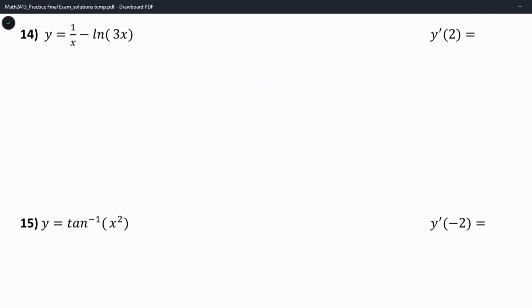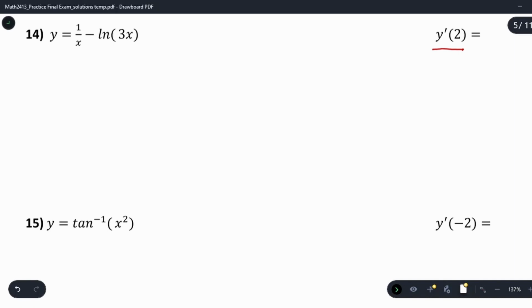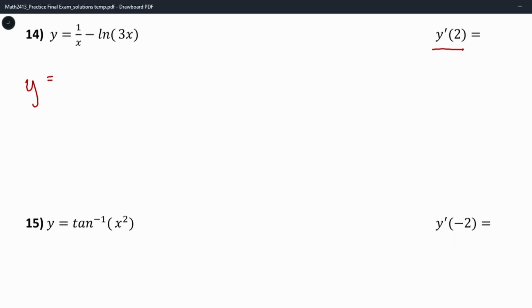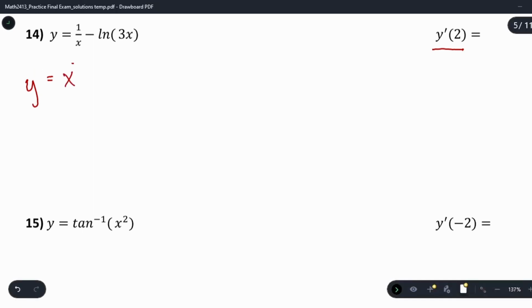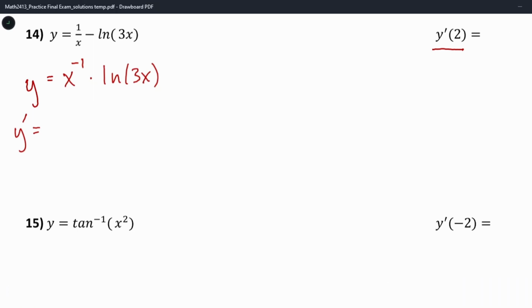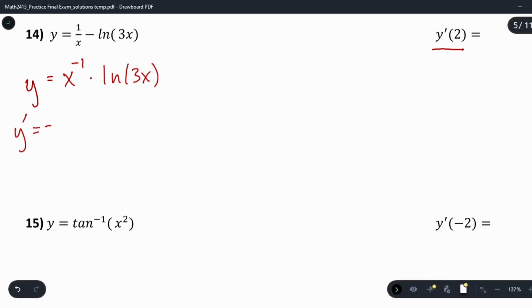Next, number 14, we need to find the derivative evaluated at 2. The derivative of 1 over x times natural log of 3x, what we should do first is rewrite that as x to the negative 1 times natural log of 3x, and that'll make it a lot easier to take the derivative using the power rule. So now we can say the derivative of x to the negative 1 is negative 1 x to the negative 2